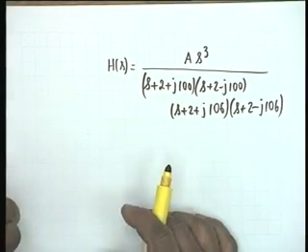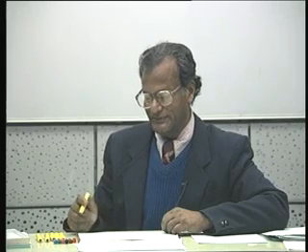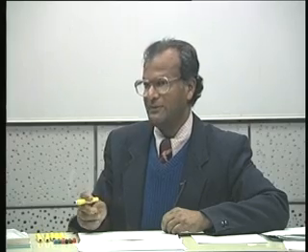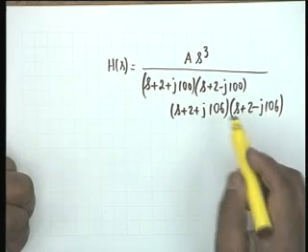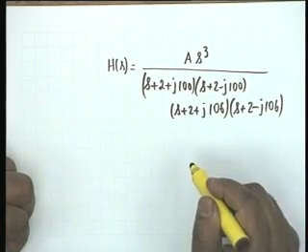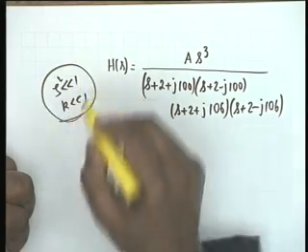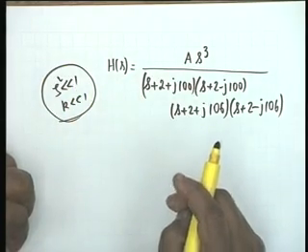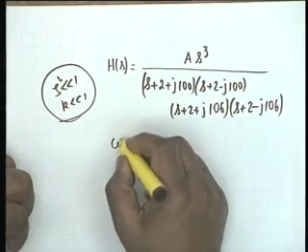One should immediately recognize that it is the transfer function of a double tuned circuit in the manner that we have taken, that is, the output across a resistance in the secondary. The two pairs of complex conjugate poles are minus 2 plus minus j100 and minus 2 plus minus j106, and therefore zeta squared much less than 1 and k much less than 1 are automatically satisfied because of the symmetry that the poles obey. Alright. Can you tell me what is omega n in this case?